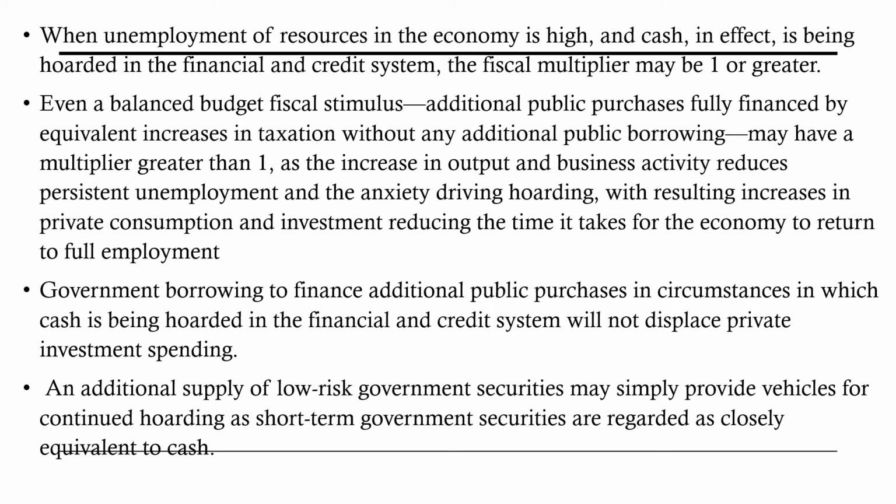When the unemployment of resources in the economy is high and cash is being hoarded in the financial as well as credit system, the fiscal multiplier would be either 1 or greater than 1. Even a balanced fiscal stimulus, that is, additional public purchases fully financed by an equivalent increase in taxation without any additional public borrowing, may have a multiplier effect greater than 1, as an increase in output and business activity would reduce persistent unemployment and anxiety driving hoarding,